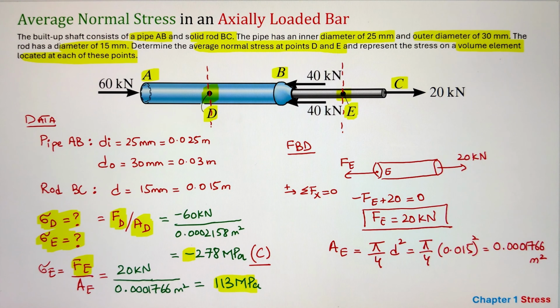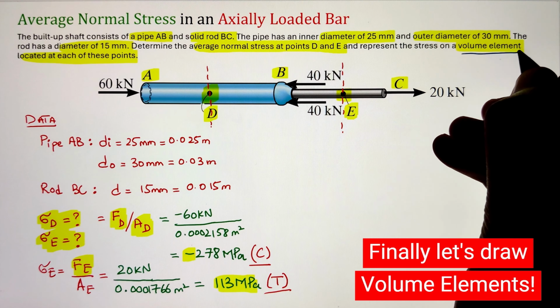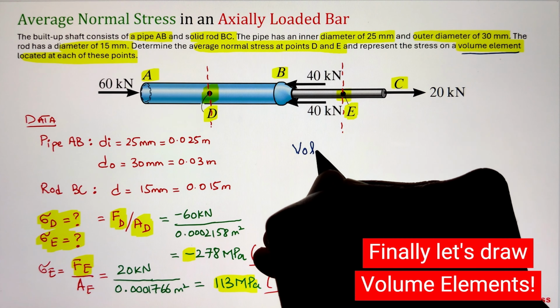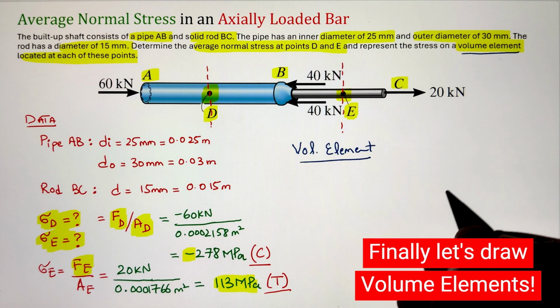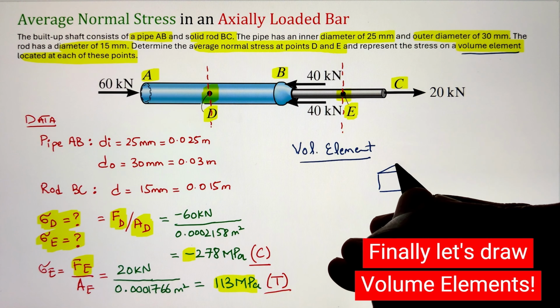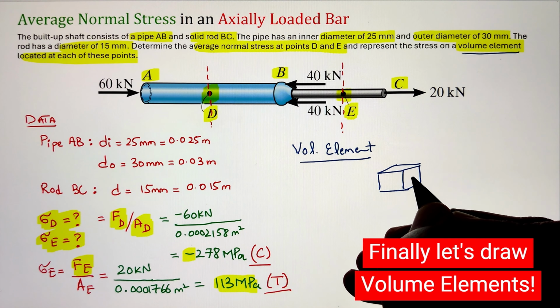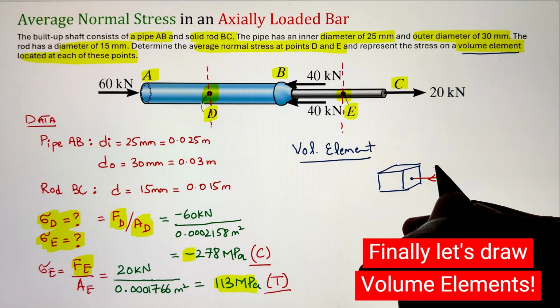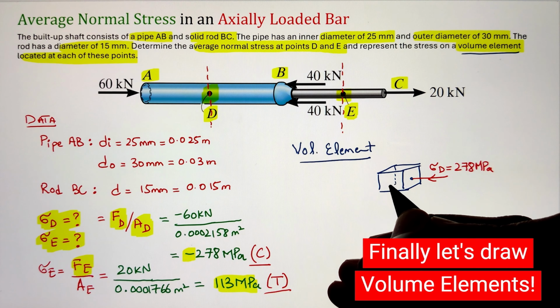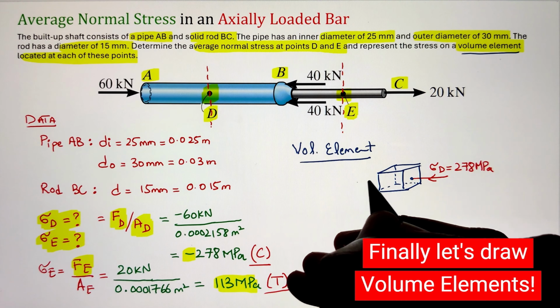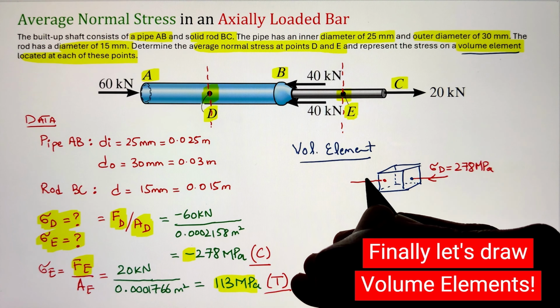Now, in this case, since it is a positive number, it means that the stress is in tension at point E. Now, finally, let's go ahead and plot our volume elements and show how the stresses are represented on the cube here. Since in this case we just have the normal stress, the arrow direction will be normal to the face of the cube here. So for point D, since it is a compressive stress, the direction of the arrow goes towards the face of the cube, and it is identical on both sides of the face of the cube as shown in the